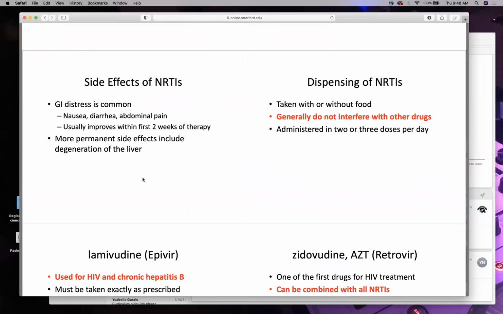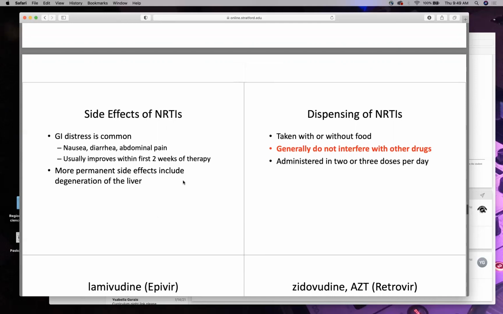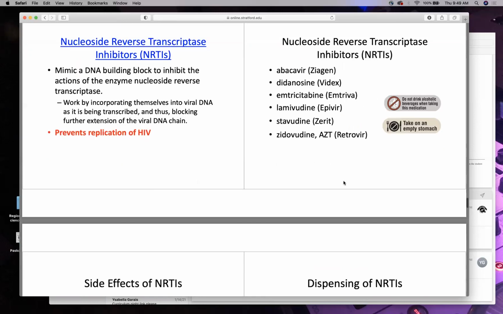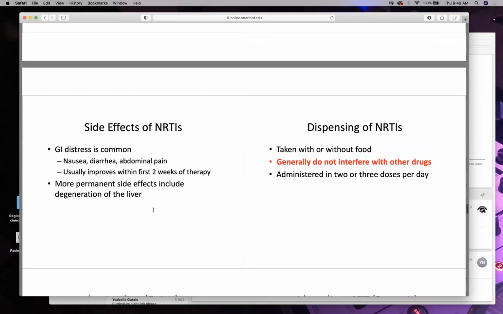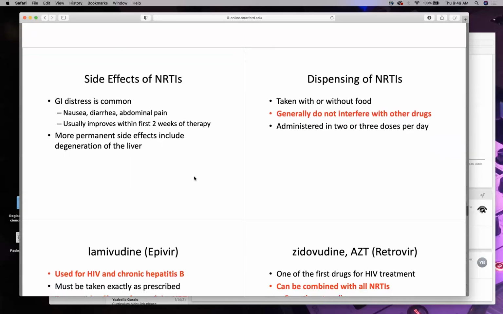GI distress is common. That's another thing. My cousin Baal said when he first started taking the meds, because I asked him how it was, he was like, I'm going to the bathroom every 30 minutes, man, and it's killing me. You know what he did to survive it all? He forced himself to eat. And you have to take these meds on an empty stomach because of this. But he physically forced himself to eat so he could try to stay healthy and live through at least the first year of some serious side effects. No matter how many times he had any of the GI symptoms, he said, I just forced myself to eat.